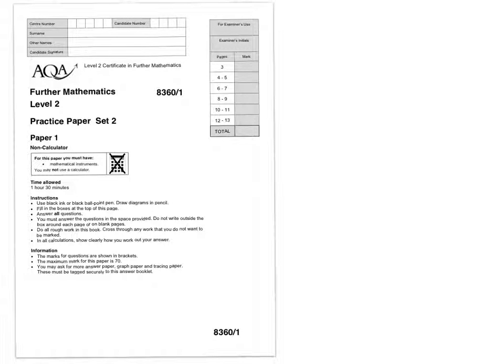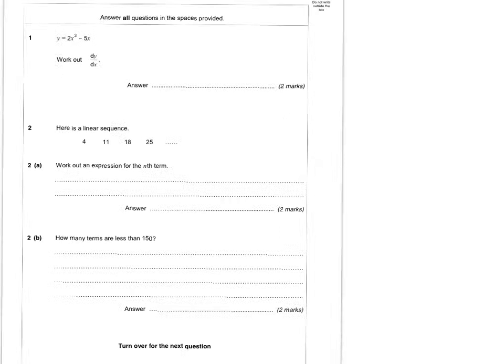The maths practice paper set 2. Okay, so we've got the coverage, it's non-calculator. I work out dy by dx, so multiply by the power, so 6x squared minus 5. Here's a linear sequence, so it's plus 7,